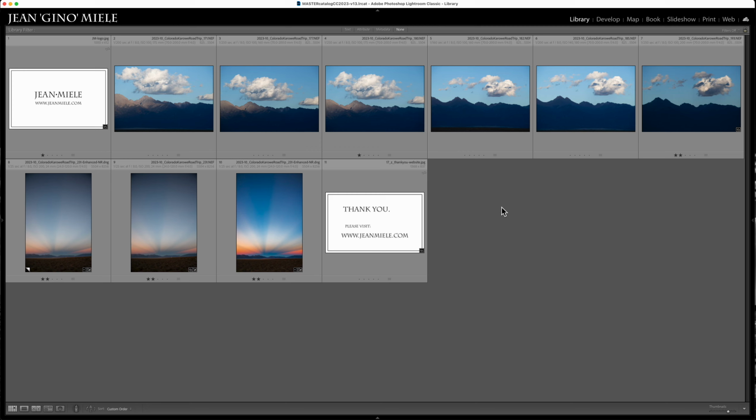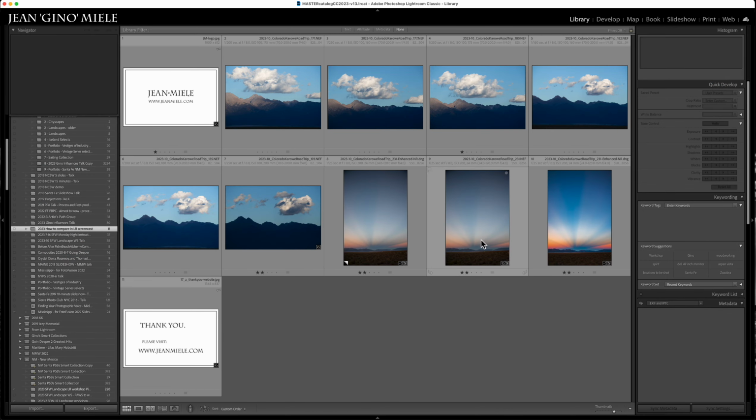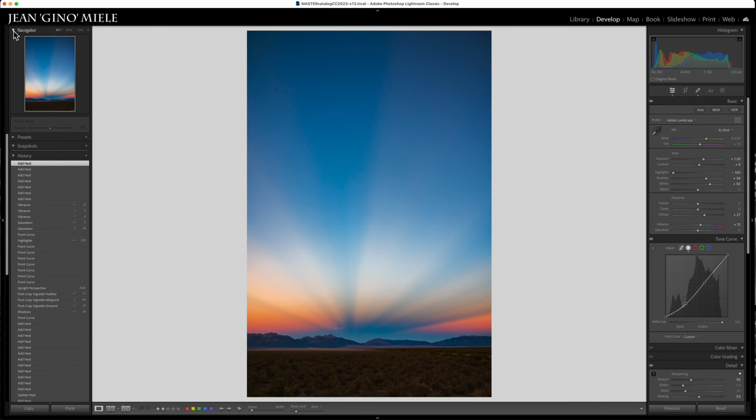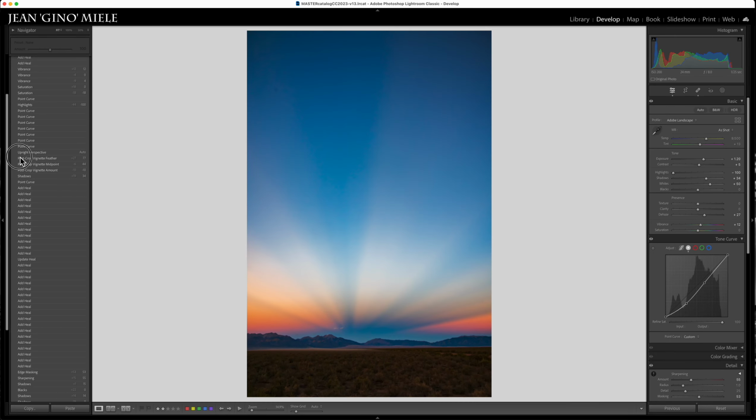The reason I'm showing you the compare mode before I go into the develop module is because there are a number of ways to make comparisons in the develop module, and I don't want you to confuse the compare mode with the before and after mode in the develop module. What that looks like on a picture that has a history, that has a bunch of stuff done to it, looks like this. So we click on this before and after mode, which looks very much like the compare